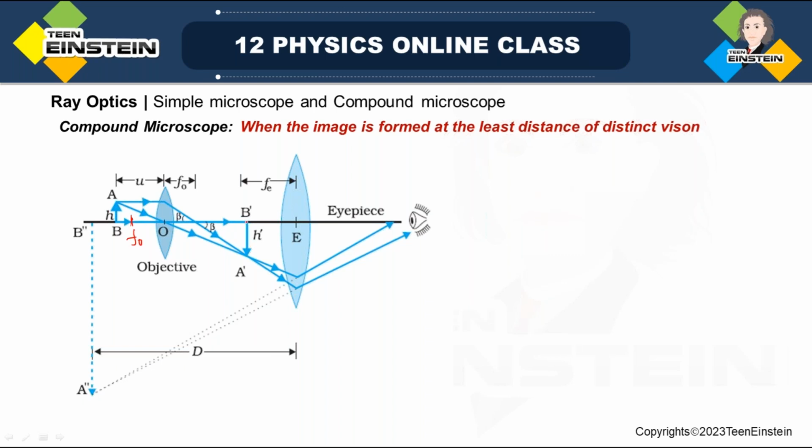And this image will act as an object to this eyepiece, and since this image is formed within the focal length of this eyepiece, this eyepiece will act as a simple microscope and produce a virtual, erect, and very, very large, magnified image. So here,